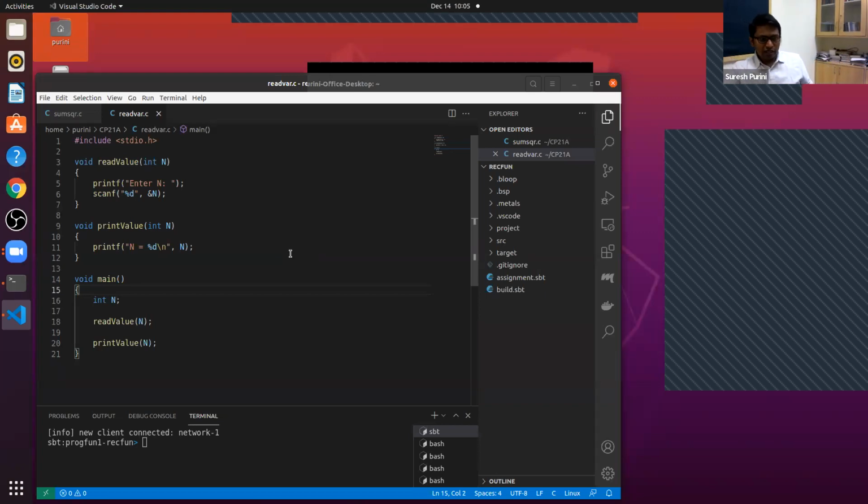There are three functions in this program: read value, print value, and main. Main has one local variable named n. The scope of the variable declared on line number 16 is within the main function, that it extends from line 14 to line 20.